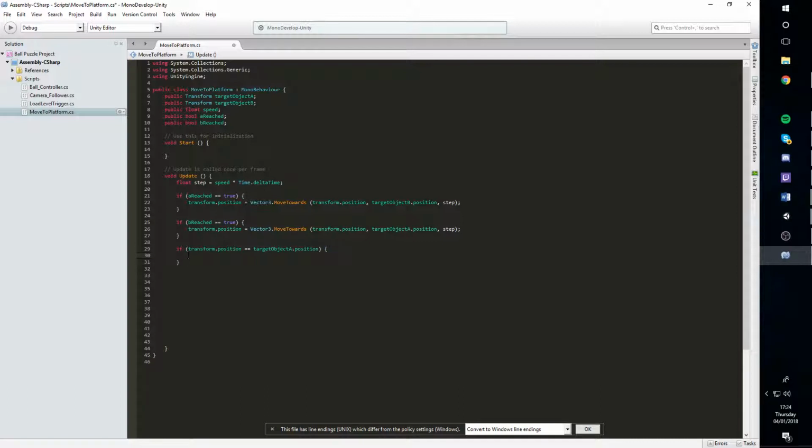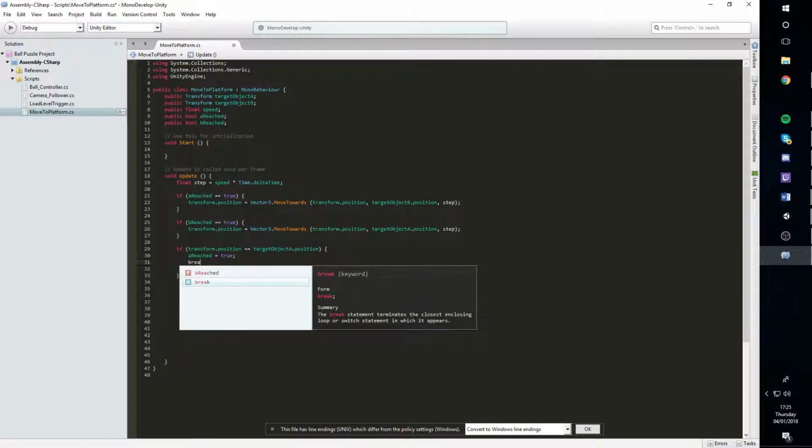Obviously, close bracket, open and close curly braces. So you don't need to be a genius at maths to know we're checking to see if that position is the same as this position. If it is, then we know for a fact that A reached equals true